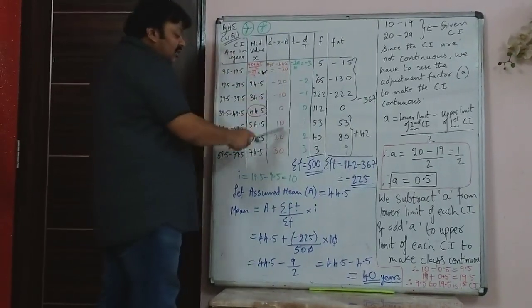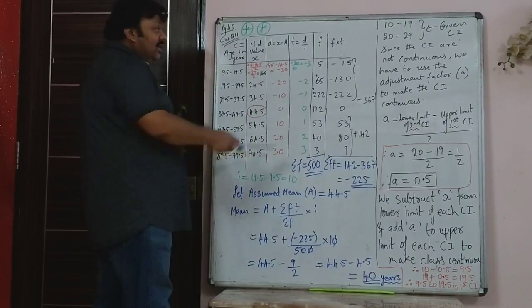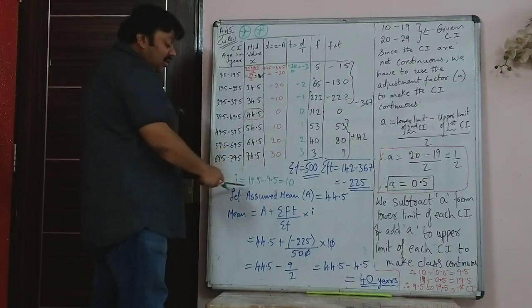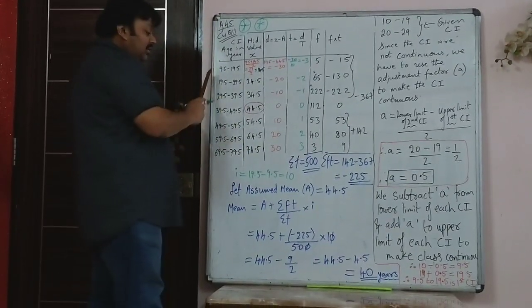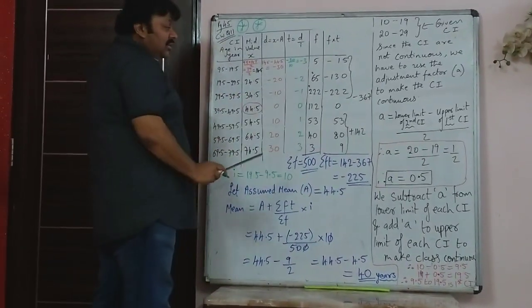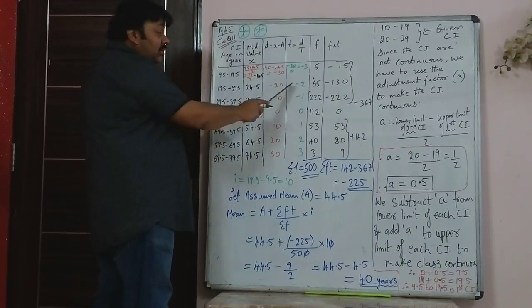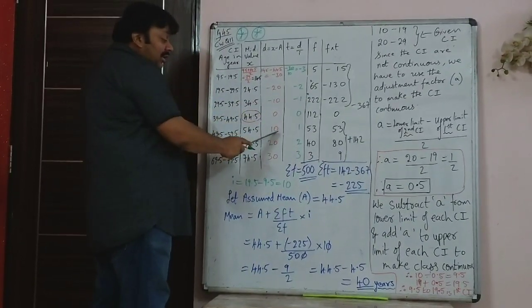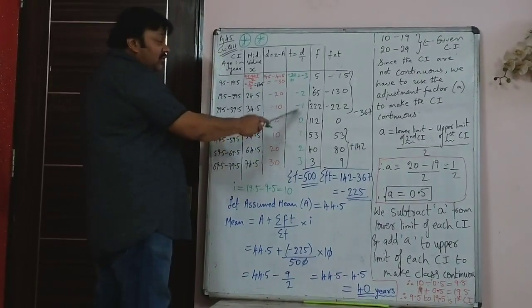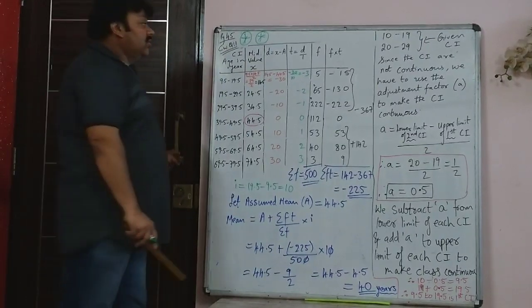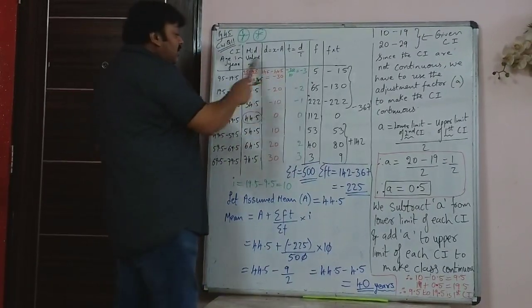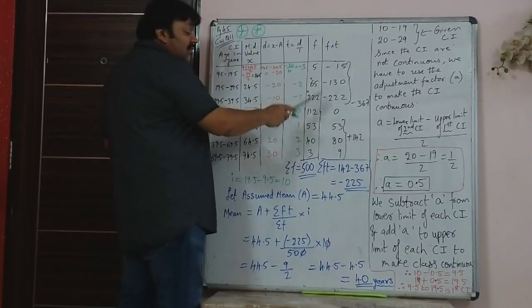So now, after you find the deviation, you are going to find t. That is deviation upon i. The class size i, as we have already written, is upper limit minus lower limit, so it is 10. So minus 30 upon 10 is minus 3, you need not show all the working. Minus 2, minus 1, 0, 10 upon 10 is 1, 2, 3. So above 0 you have positive values, below 0 you have negative values. Then the given frequencies as per the question, you have written the corresponding frequencies, 5, 65, etc.